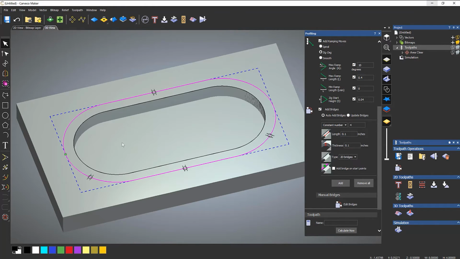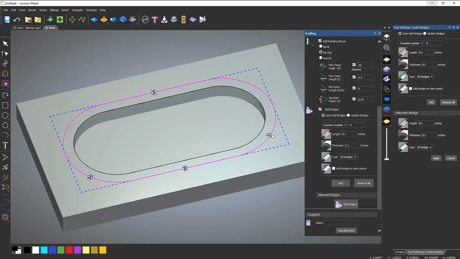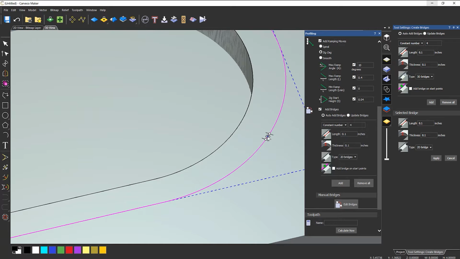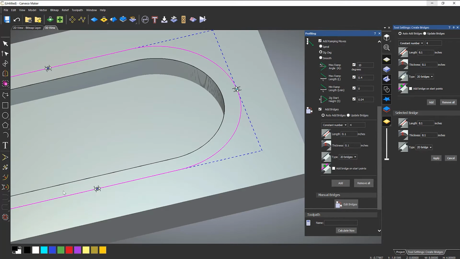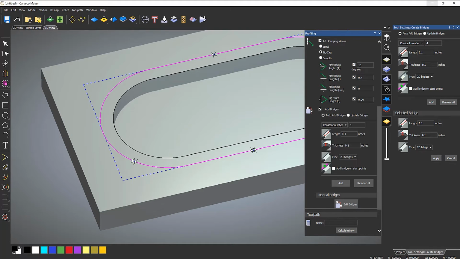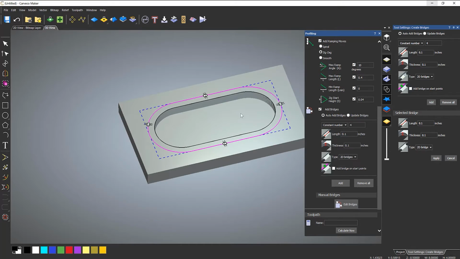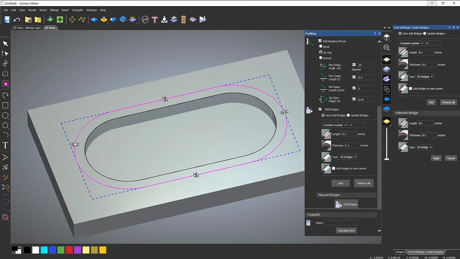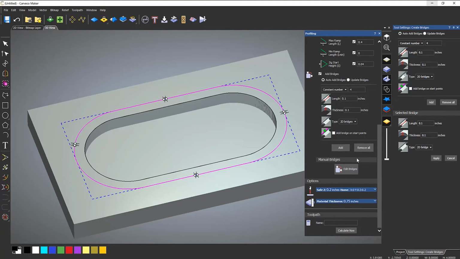Now if you don't like where these are placed, you can edit the bridges, and then if you zoom in, you should be able to grab that blue section and just move it around like so to wherever you want this to be. Now I've not put that there because the start point's there, so didn't really want to have that on a start point. So I'm going to calculate this now,